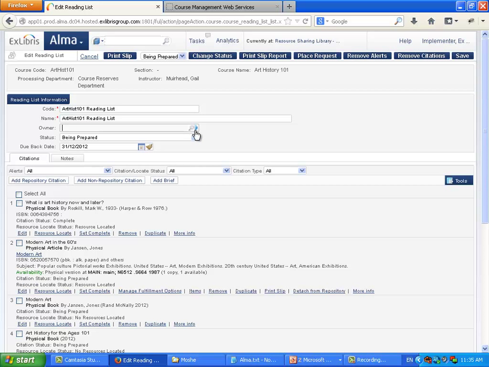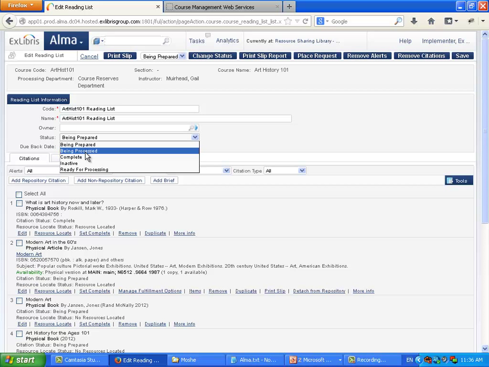Next here, there's a status of the reading lists. Normally, a reading list that is being worked on is going to be in status of being prepared. Once you're done and you took care of all the citations that are in here, you can change this to complete. That will make it easier when working on a bunch of reading lists to be able to filter out those that are inactive, or those that are complete and no need to further process them, or those that are being processed, meaning the